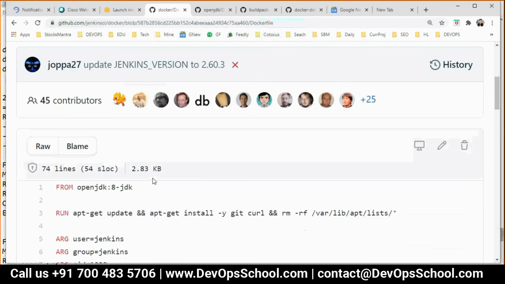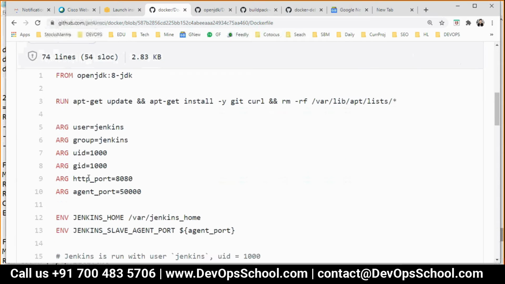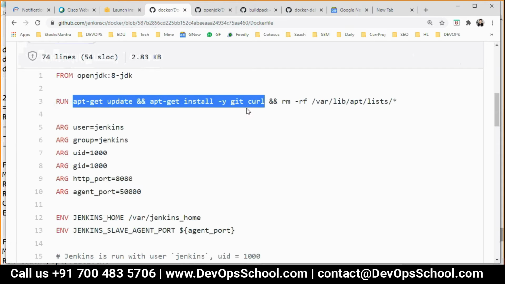Now, an important thing is understanding each and everything. RUN will run the commands which you write inside a container of the previous layer.